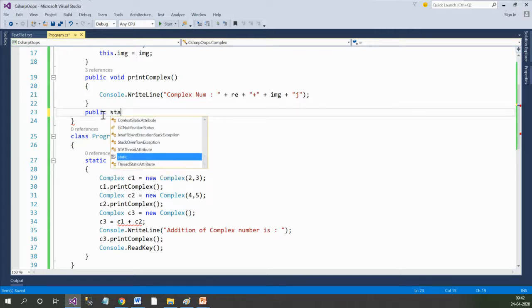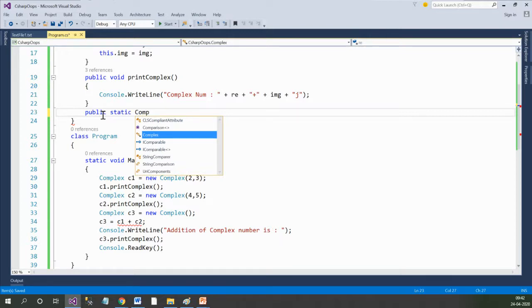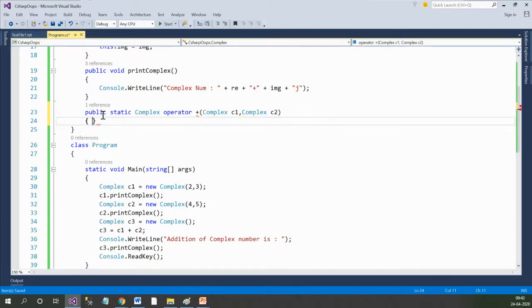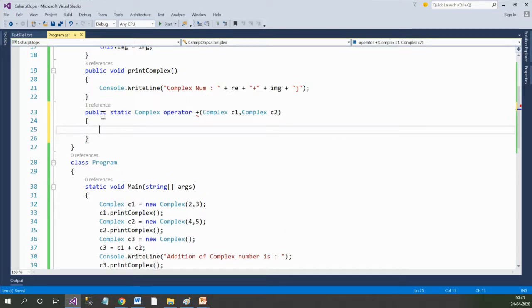What I'm doing is, I'm creating a public static method returning a complex value. That's why the return type is complex. Then there is the operator keyword. Then there is the operator symbol which you want to overload. Then the parameters for this plus operator, and then perform the operation inside it.